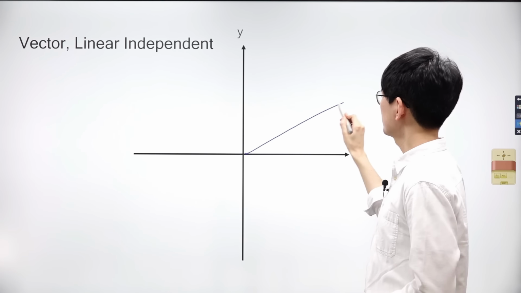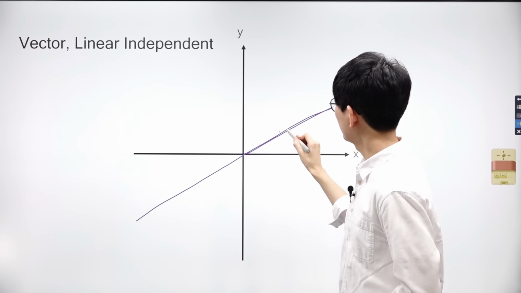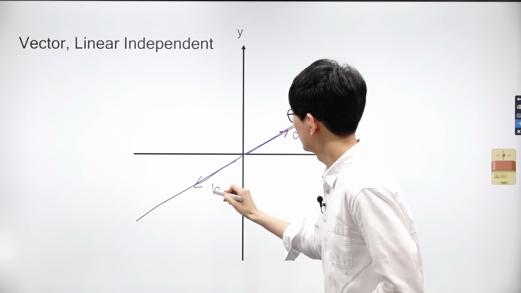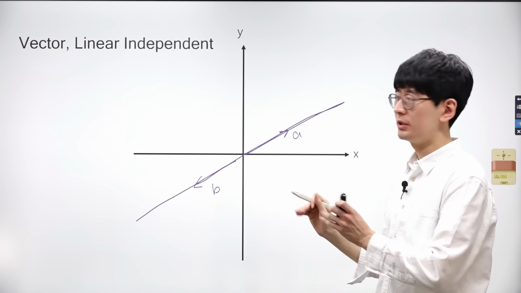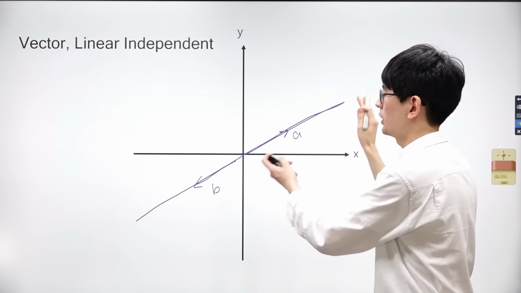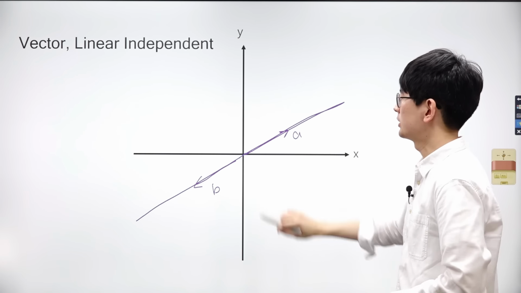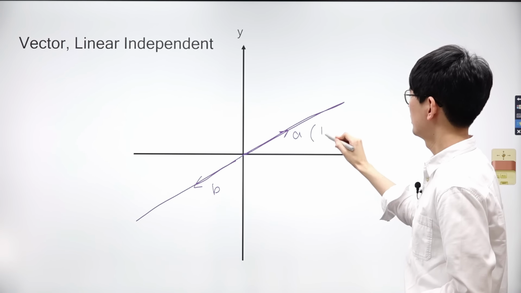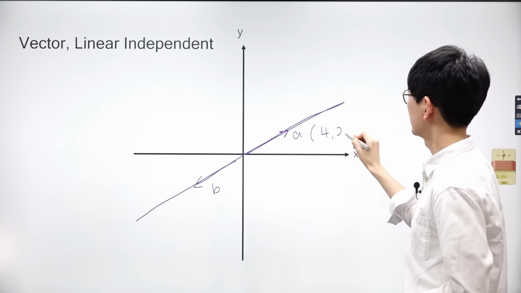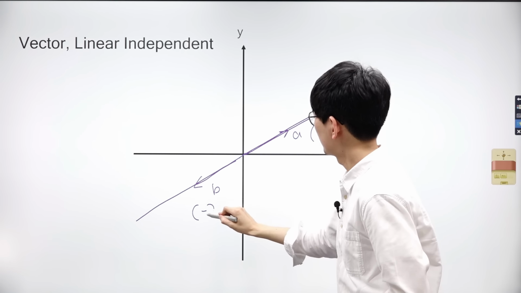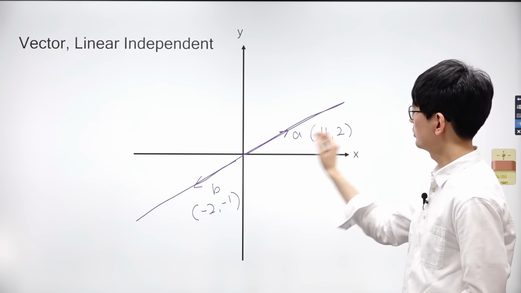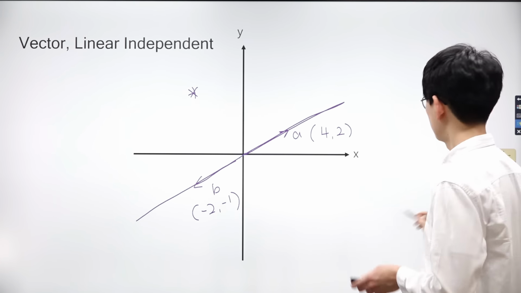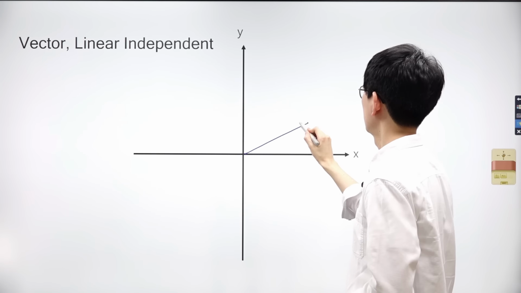When do two vectors become linearly dependent? Let's draw a straight line on the plane and define vector A along it, then we'll define vector B along the same line. Despite their opposite directions, when you try to combine them in various ways, like splitting each vector and merging them, there are points on the plane that remain unreachable. In such cases, the two vectors are considered linearly dependent. For instance, let's take vector A with coordinates 4, 2, and vector B with coordinates -2, -1. Regardless of how you combine them, reaching certain points on the plane becomes impossible.